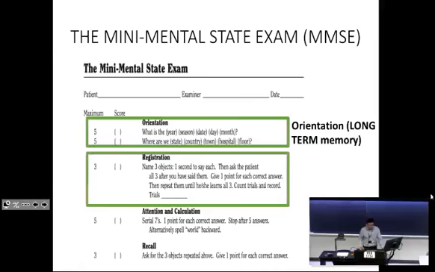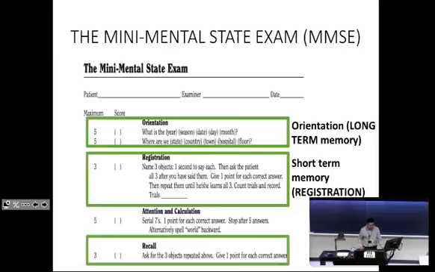Registration is immediate recall or short-term registration. And then after a short delay, the MMSE asks people for delayed verbal recall, which is uncued. The very idea of retrieval versus encoding deficits was still kind of very new at the time, wasn't really widely looked at, and there was no reason to, right? Because the only thing that existed at the time was quote-unquote dementia and quote-unquote this unusual Alzheimer's disease thing.